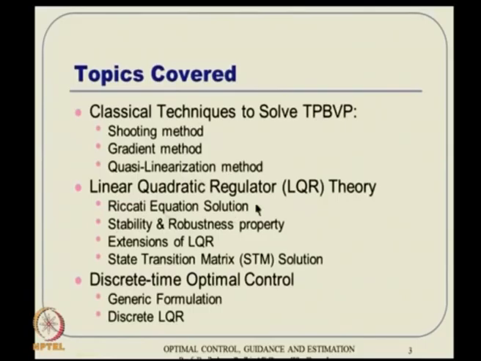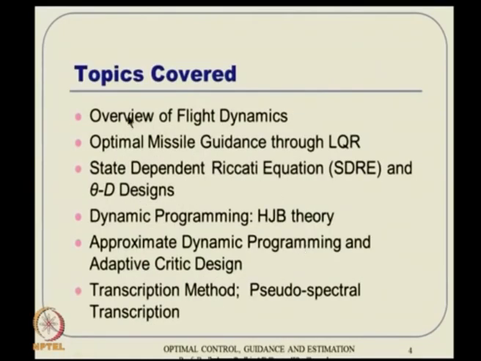That was followed by the very standard LQR theory, to which we devoted a few lectures to study it in fair detail. We studied the Riccati equation solution, stability and robustness properties, extensions of LQR in various ways, and then the state transition matrix approach to the solution, followed by its application in missile guidance. Then we went on to discrete time optimal control. First we had a generic formulation, then discrete LQR as well. On the way we had an overview of flight dynamics, and then also talked about optimal missile guidance through LQR,